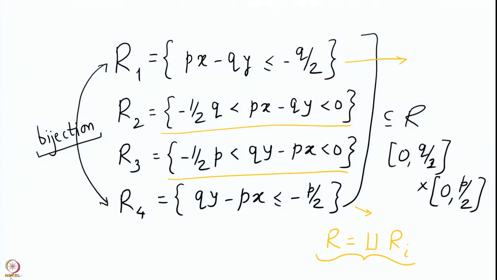So, when you take power of -1, the power of -1 is not going to change whether you keep the power to be only the number of lattice points in R2 and R3 or whether you keep it to be the whole rectangle R. We also noticed that the number of lattice points in the whole rectangle R is (q-1)/2 into (p-1)/2. This is the number of total lattice points in the rectangle R.